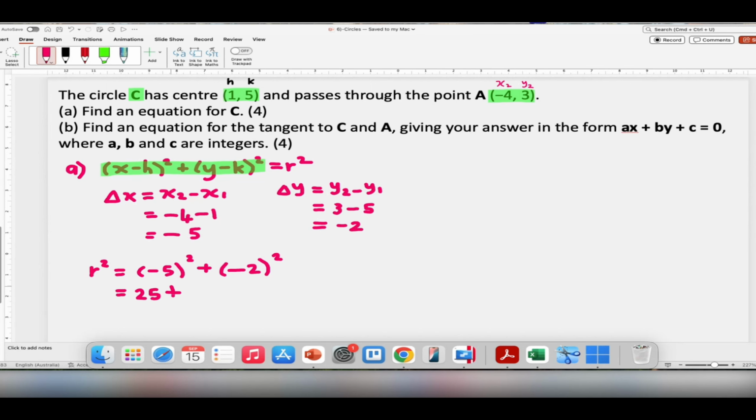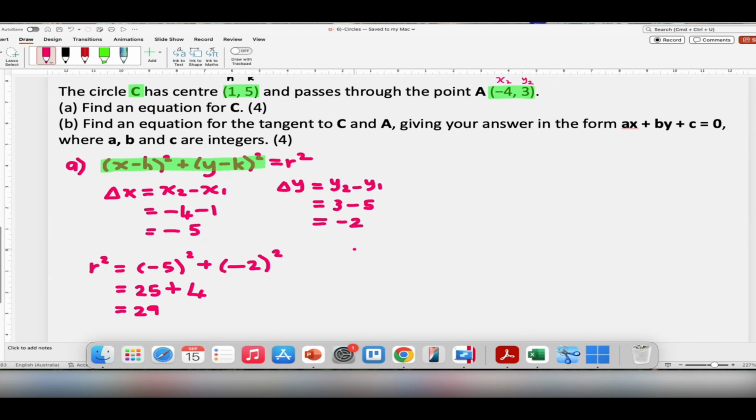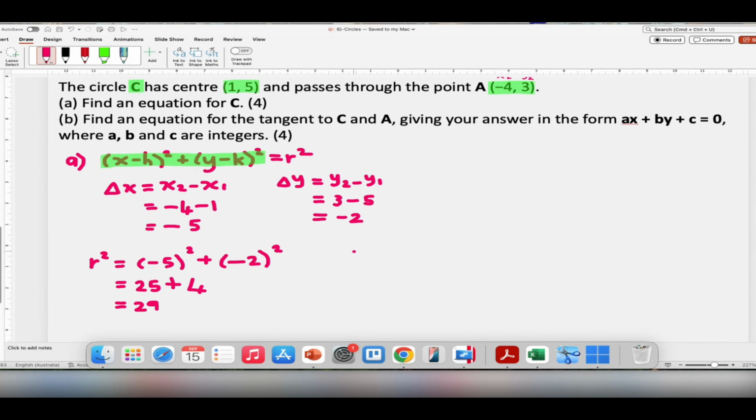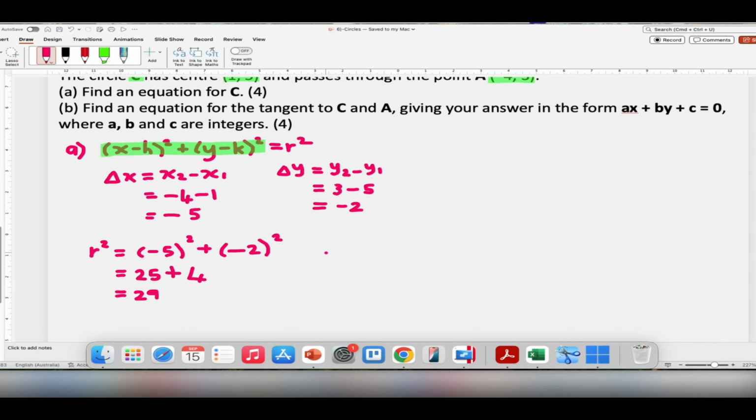-2 times -2 is equal to 4. So that gives us an answer of 29. So the radius squared is equal to 29. Okay, so now we can write the equation. The equation will look like this. (x - 1)² + (y - 5)² is equal to